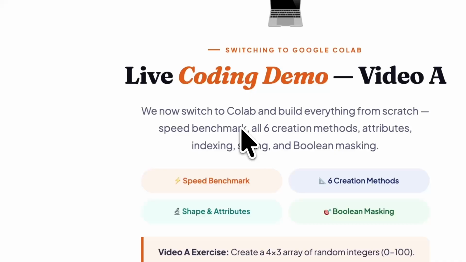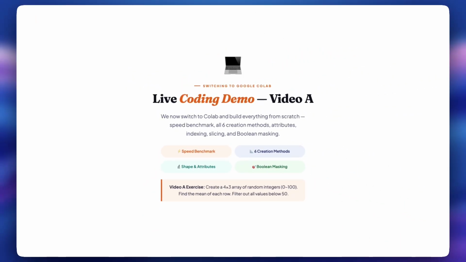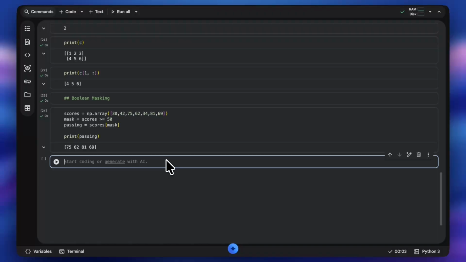Now let's move on to the next slide, which is the live coding demo, and I guess we already completed the live coding part, but let me show you one more example before ending this, like the time one which I showed you before. In the initial part, I showed you how NumPy is faster than a list. So let's demonstrate an example of that case also, right? So it's basically speed benchmarking, right?